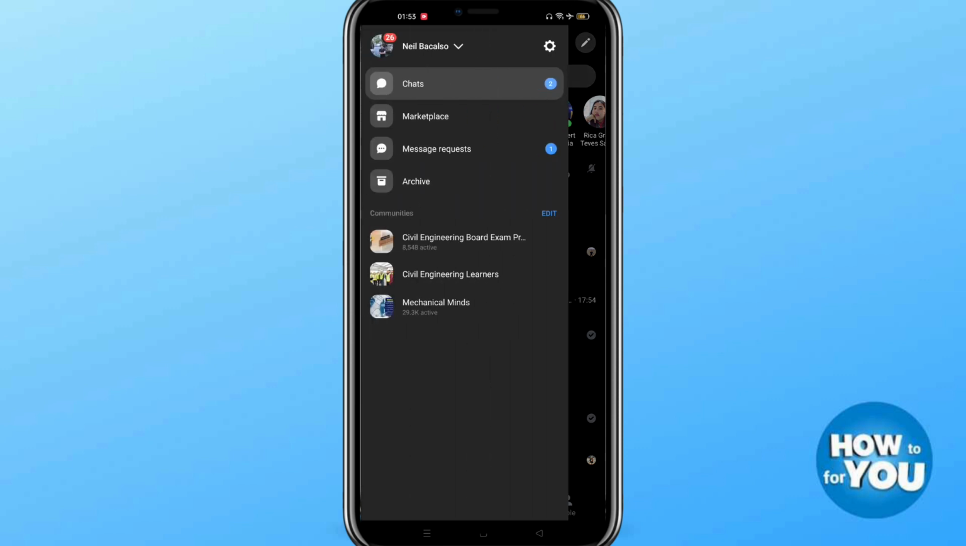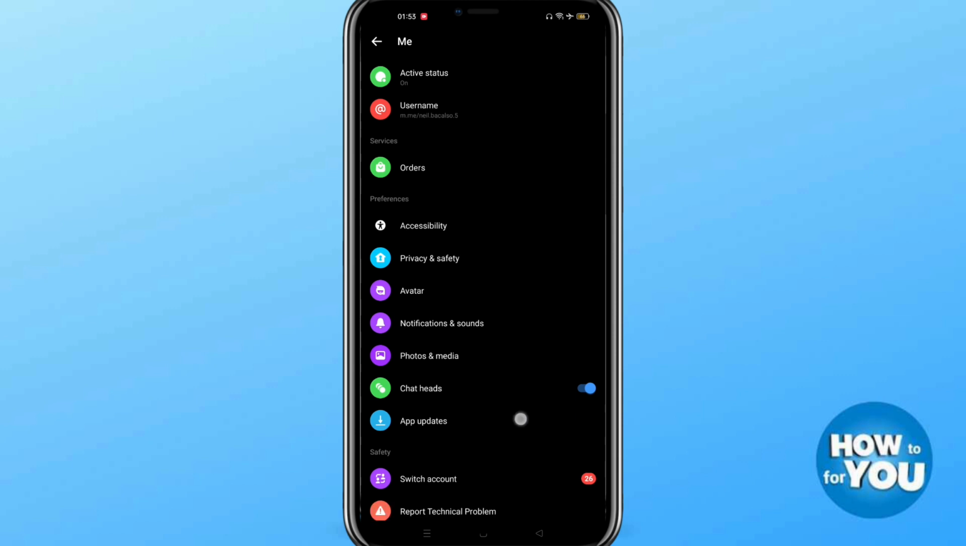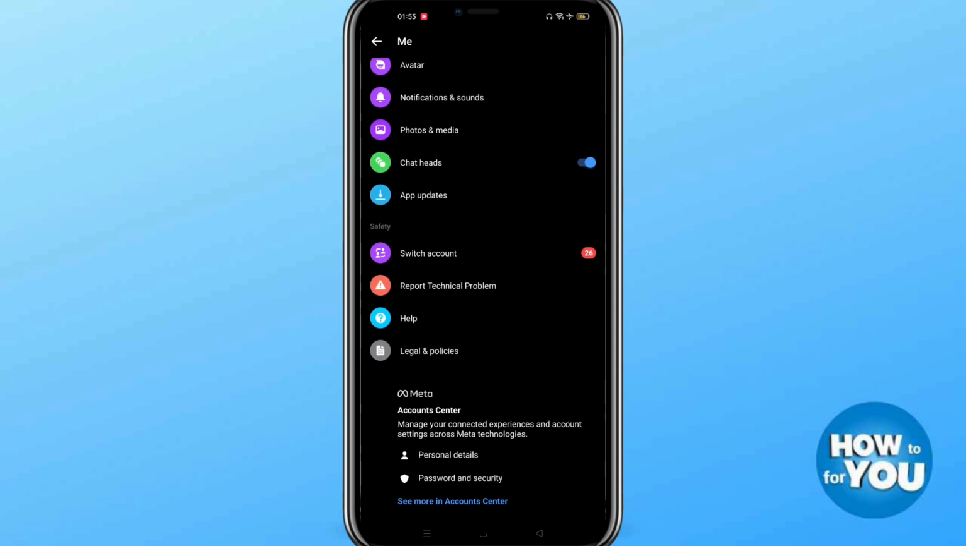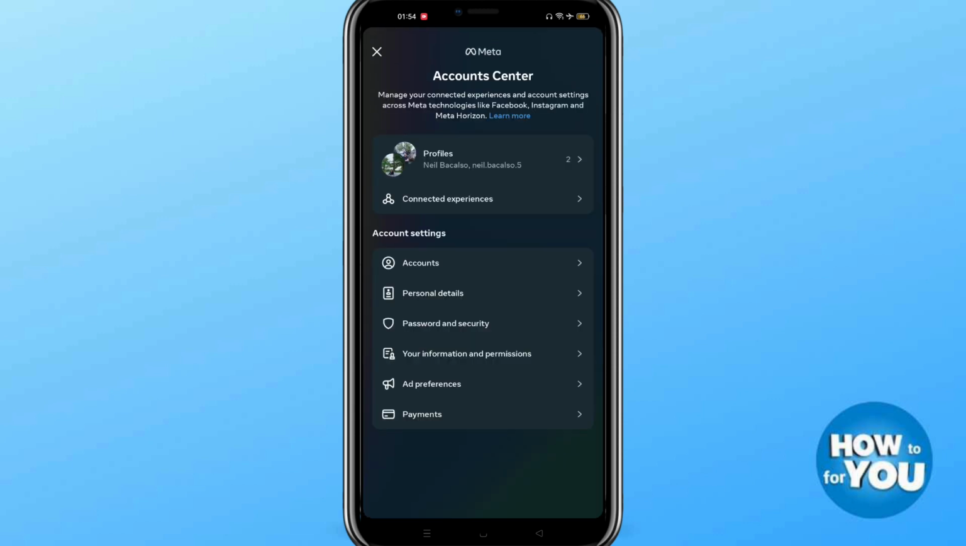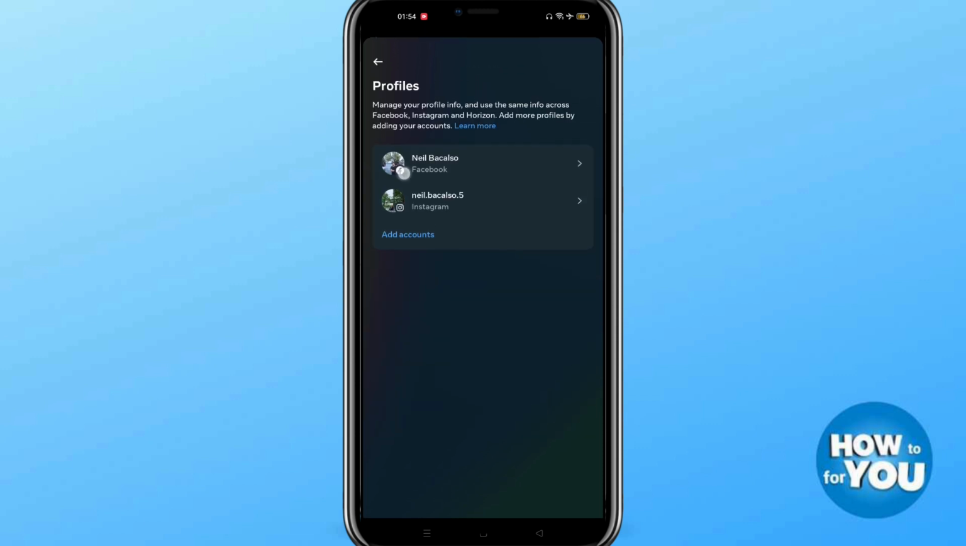and after that select this gear icon on the upper right side to go to settings, and then scroll down and look for account center. Just click account center, and after that select profile, this one. Click profile and then select your Facebook account,